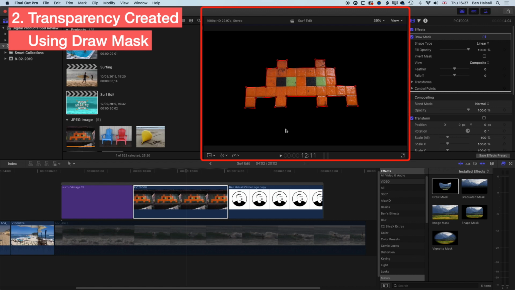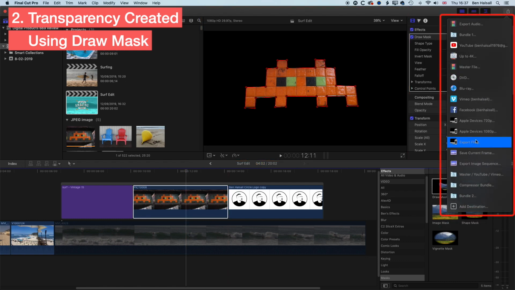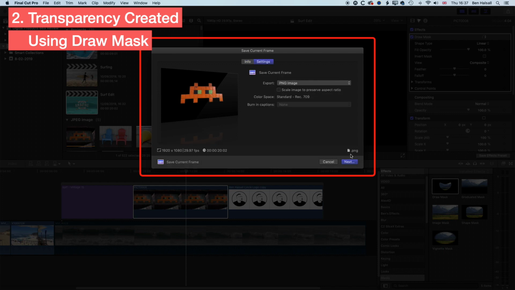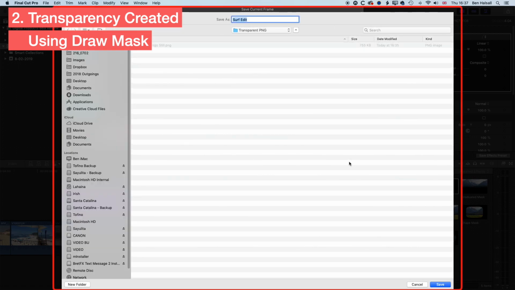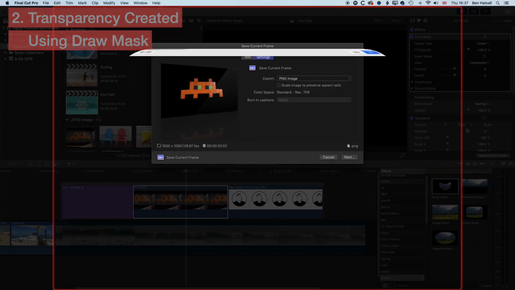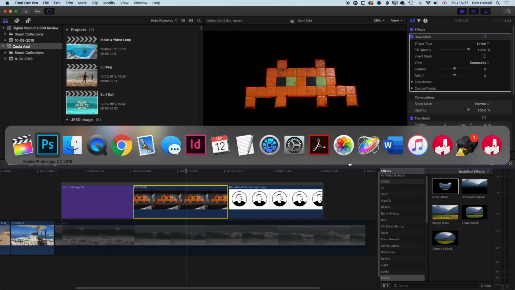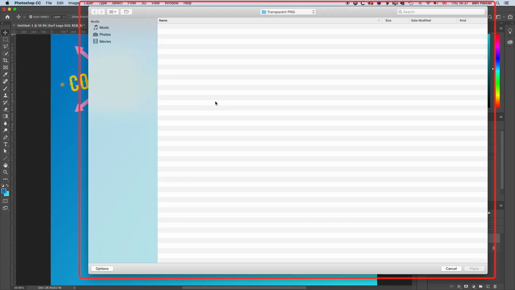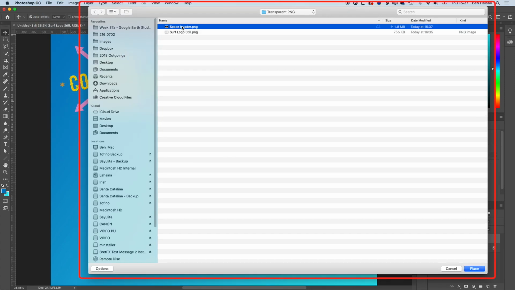So basically we've made some transparency there. We already have our background disabled, so now we can come to share, we can save the current frame and hit next. We've got it as a PNG. We can see that down here at the bottom right as well. And we'll call this Space Invader. And again, if we come into Photoshop, go to File and Place Embedded, we can see the Space Invader here